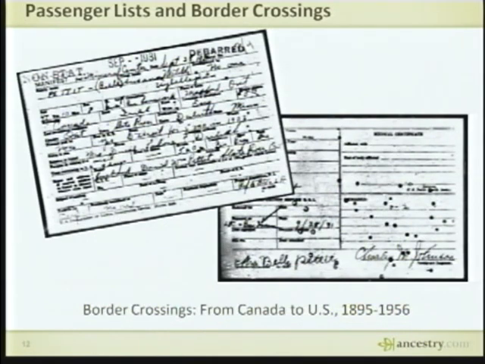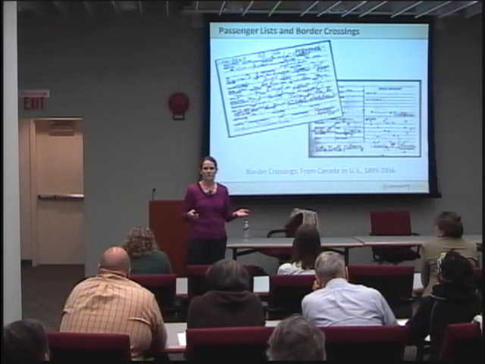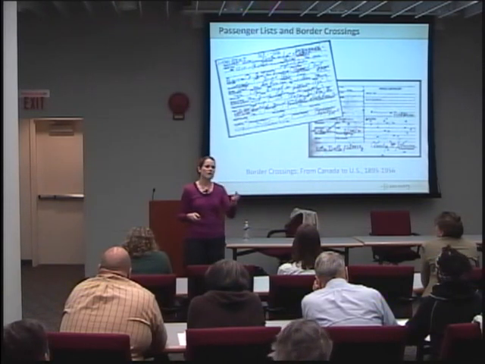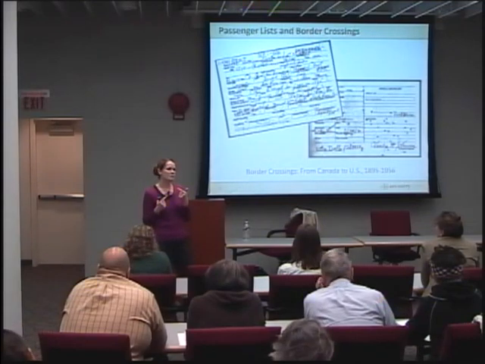Border crossings. We have border crossings of people coming from Canada into the United States and also from Mexico into the United States. Something that maybe a lot of researchers don't understand: when we think of immigration, we think of people coming through Ellis Island, "give me your poor and your hungry," and passing the Statue of Liberty, and we hear these stories a lot. There were more than 100 U.S. ports of entry, but beyond just U.S. ports of entry, a lot of people came into Canada because there's a little bit of a loophole.